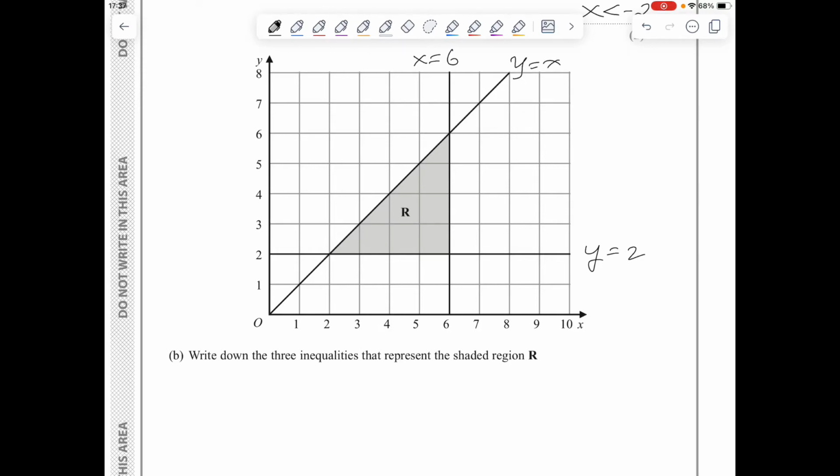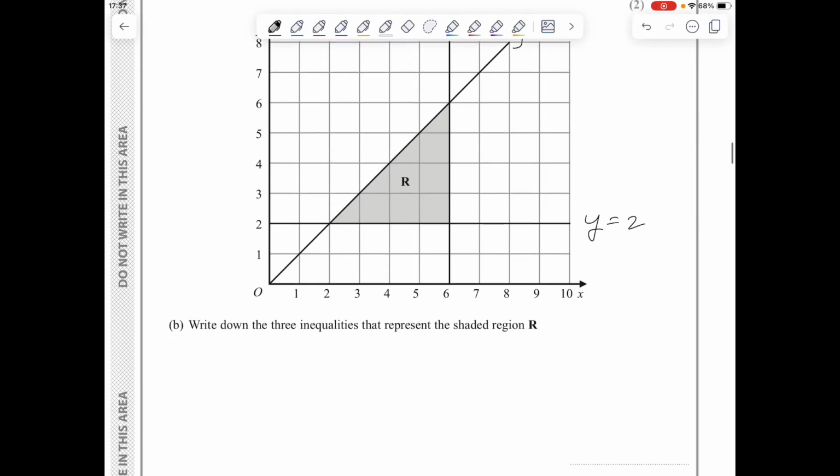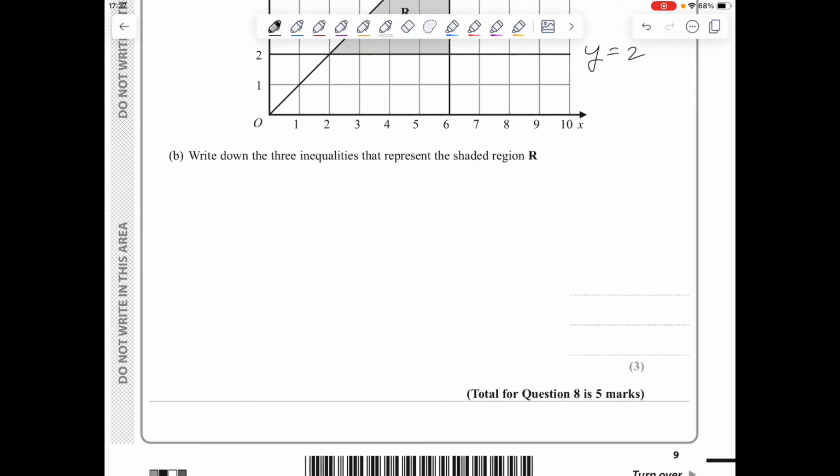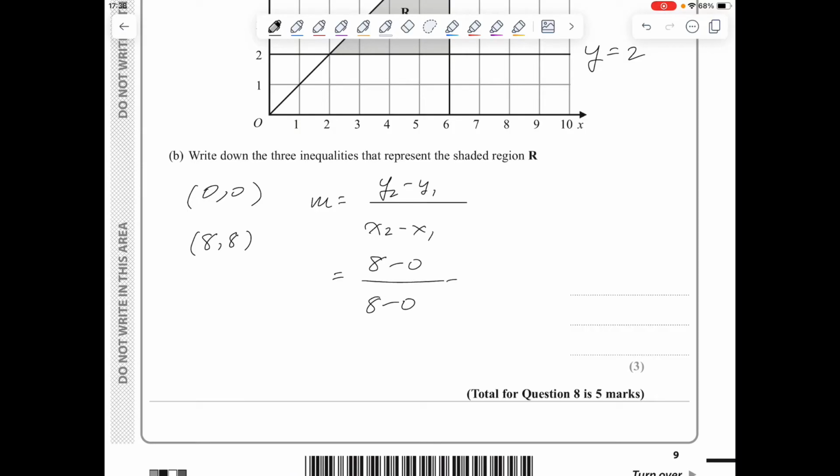If you're not sure about this, one way to find it is to find 2 points on that line. Let's take (0, 0), for example, and (8, 8). Let's work out the gradient. m equals (y2 minus y1) over (x2 minus x1). So we get (8 minus 0) over (8 minus 0), which is 1. Therefore, we've got y equals 1x plus the y-intercept, which we know is equal to 0. So that's our line. Going back to the graph now,